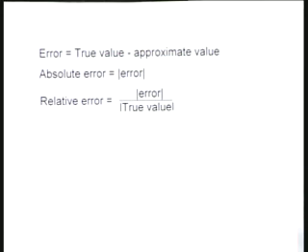Very often these absolute errors could be misleading if the problem that we are solving has solutions which are very small, or problems in which the solution is very large, then absolute error is going to be very small or very large. Therefore, suppose the order of magnitude of a solution is 10 to the power minus 5 and you get an absolute error of 10 to the power minus 6, you may think that it is a very good solution,